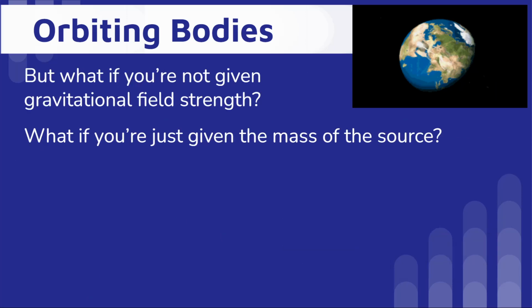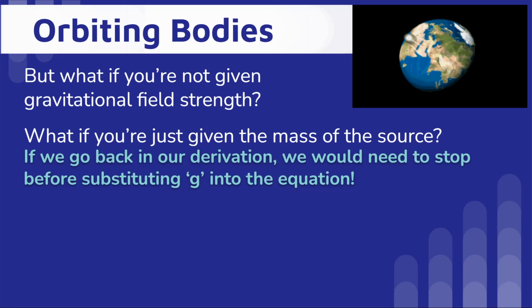But what if you're not given gravitational field strength? Well, what if you're just given the mass of the source? We did that derivation. We could stop our substitution step and not go as far with it, and that's fine too. Okay, and so we could say that that acceleration is equal to big G times m1 over r squared,